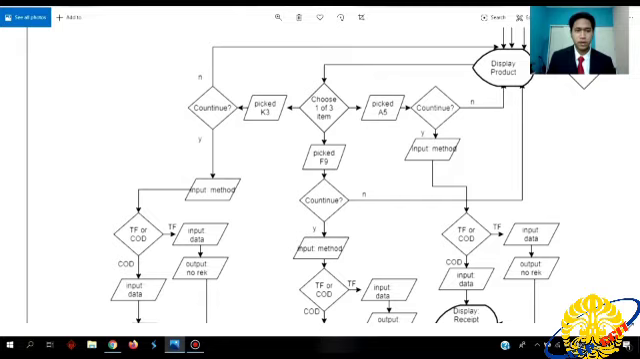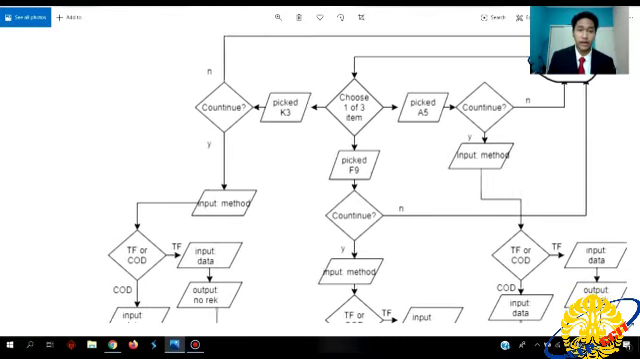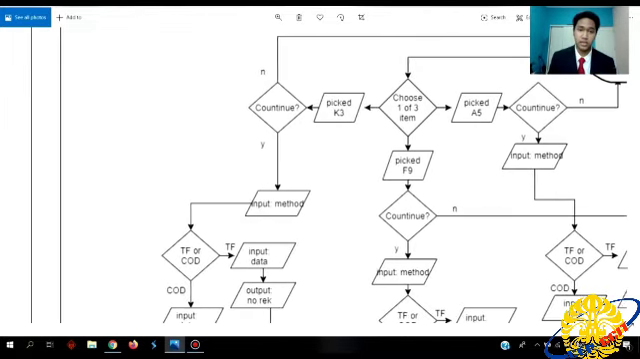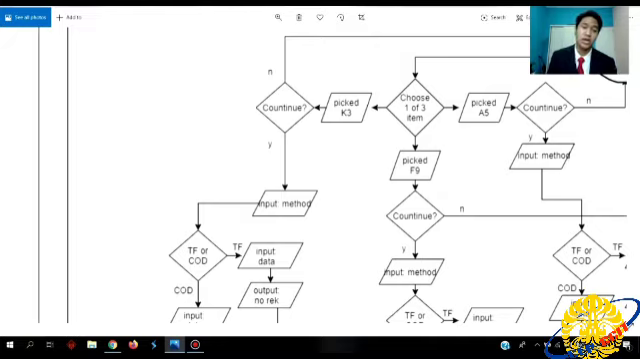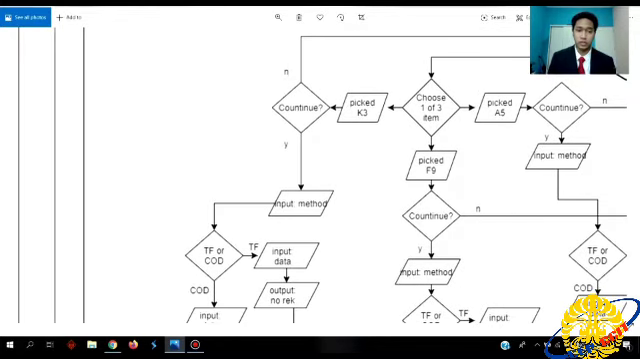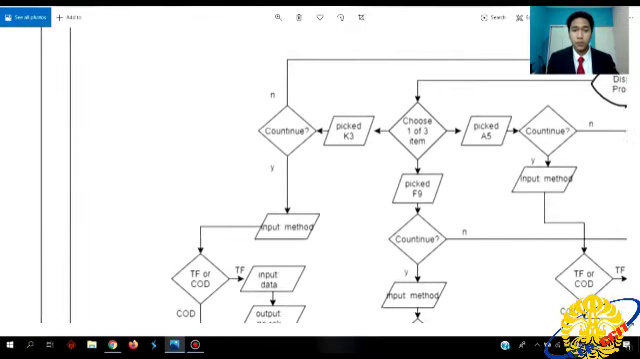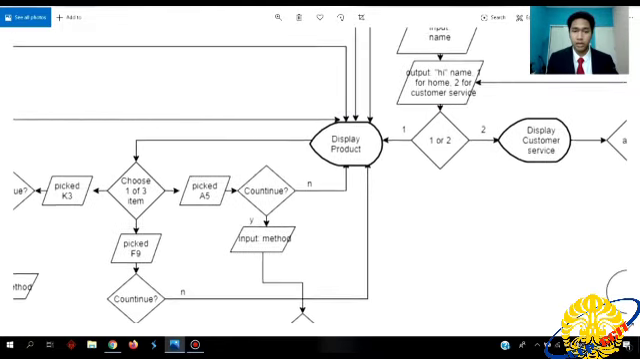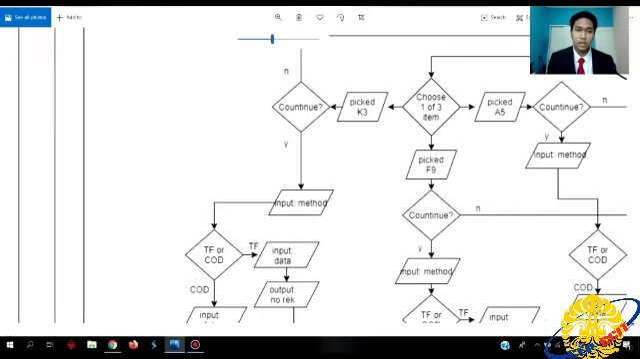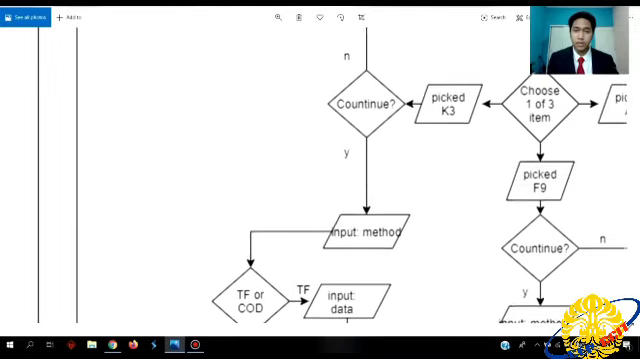So the program will tell the user that the user has picked K3. And then if the user wishes to continue to payment, it will continue the payment, but if not, it will go back to displaying the product. Now let's say that the customer or the user